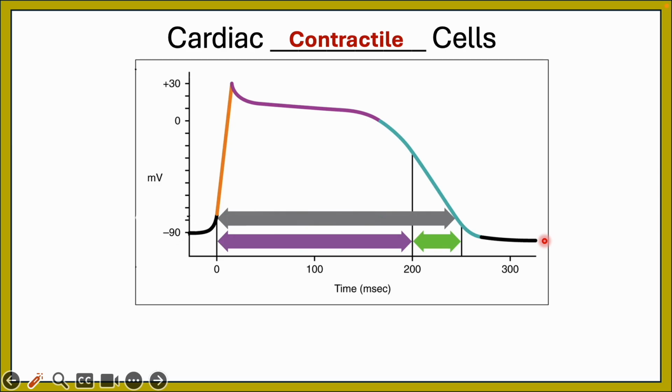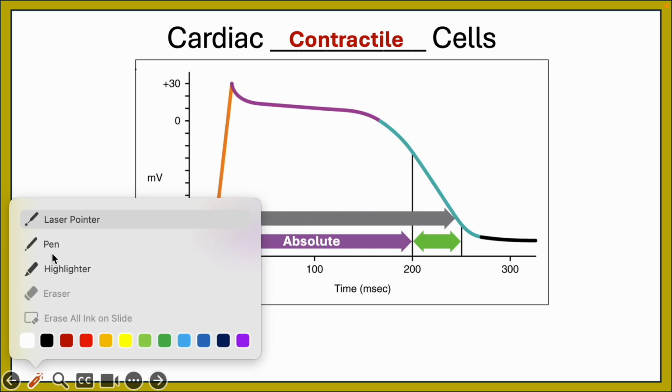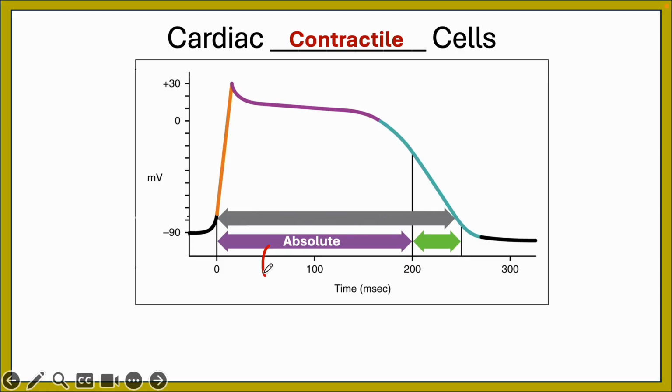Now, this brings us to the refractory periods. So your absolute refractory period, remember, is when you can't get contraction to happen no matter what. That is going to happen initially because the cell cannot fire another action potential. This lasts about 200 milliseconds, and then your relative refractory period, that is where another potential could be fired, but